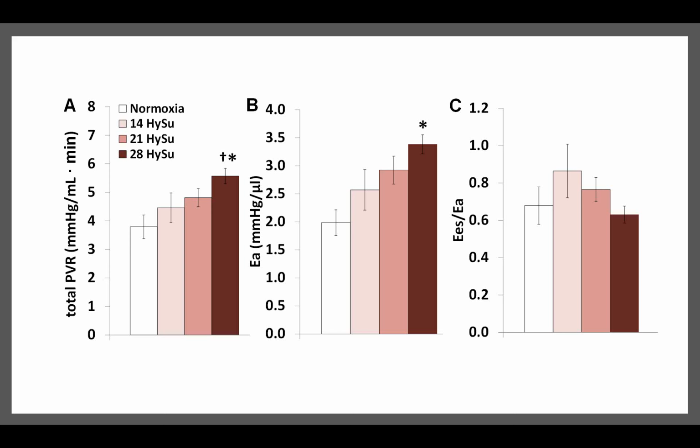If we look at the pulmonary vascular resistance in these animals, also we can measure this through the pressure part of the PV loops. We have a continual increase over longer periods of hypoxia. If we look at the arterial elastance, we also see this continued increase of elastance as the hypoxia continues. If we look at the ratio, so we're looking at how the vascular couples to the ventricular performance,